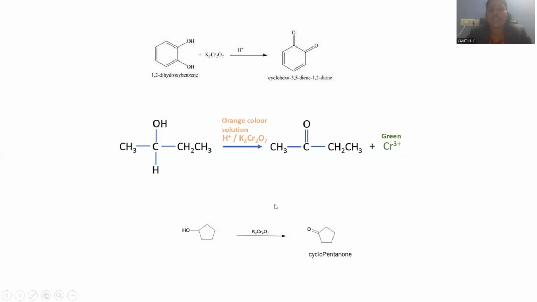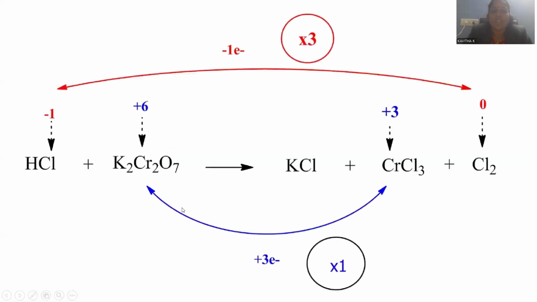It is also the secondary alcohol. It is also the kind of ketone. In this slide, all the reactions are segregated in such a way the product is expected to be a ketone, being all are secondary in nature, starting materials. Now we are able to see whenever K2Cr2O7 reacted with hydrochloric acid, there is a formation of chromium trichloride.